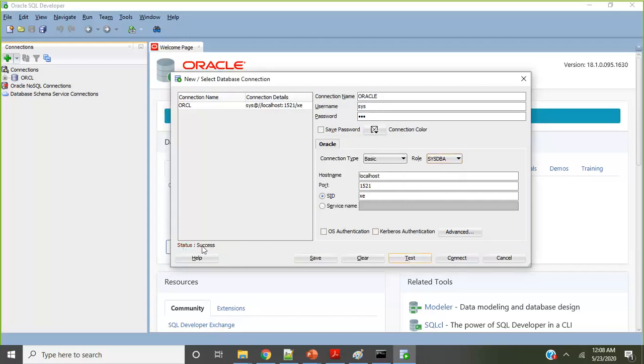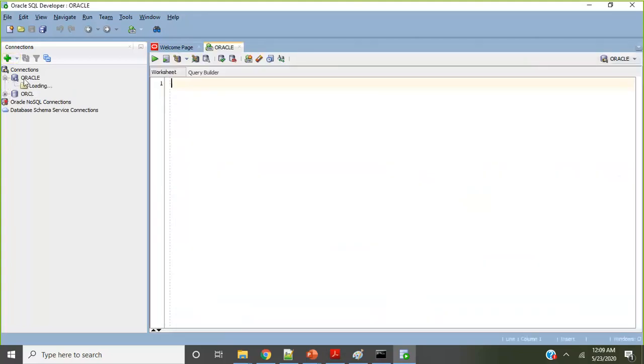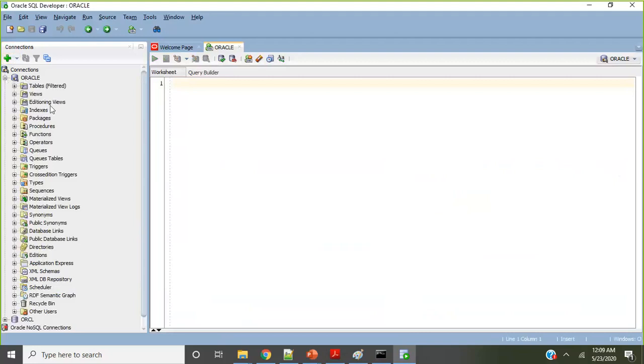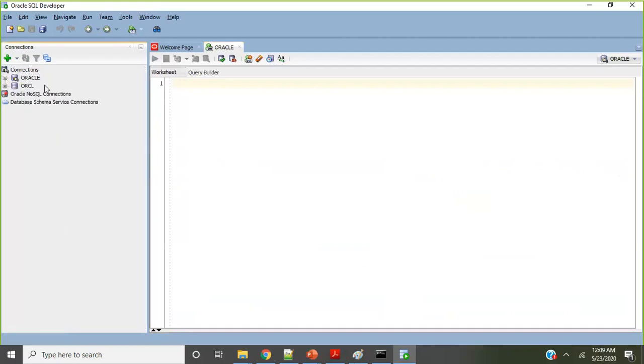Oh wow, so we achieved one of them. Now what to do next? You have an option called save password. If you keep that, save it and then connect, it won't ask again and again. So let's click on save password and save, and then I'm going to connect. So this is where Oracle is connected, right? Now I will show you a few more things here, but look at some more things very quickly. I showed you one database, the Oracle.